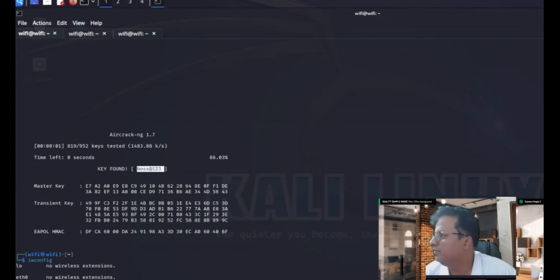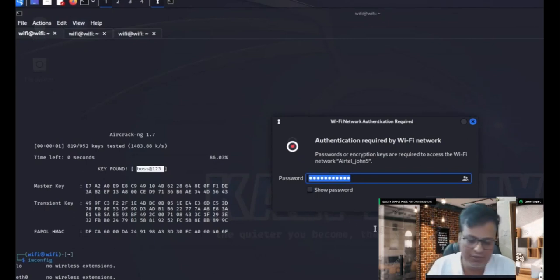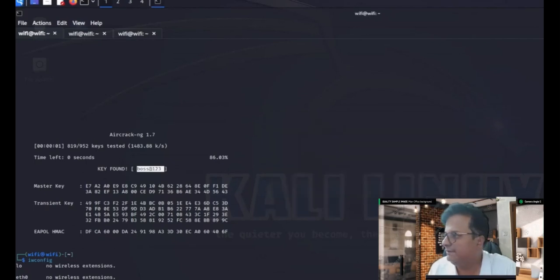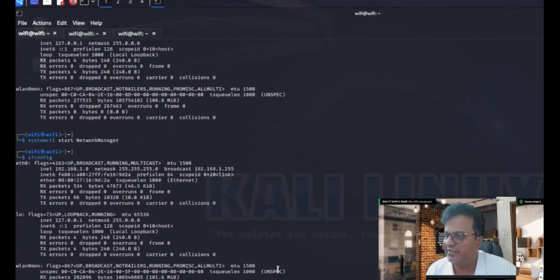Available network Airtel Zone 5, and for the password we will give BOSS@123, right? So let's see whether it's connected or not. Oh, it's connected, right? So we are able to hack the Airtel Zone 5 network. Let's ping to the particular network,